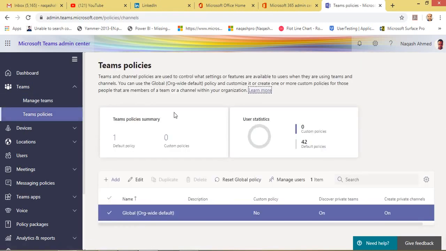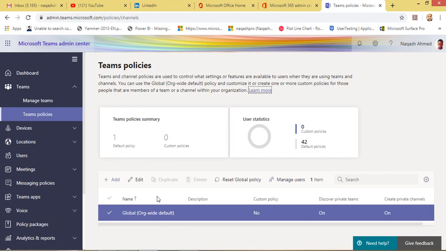Okay, Teams policies. So there are some policies because what Microsoft has done is for administrators they have to apply policies for the organization to implement the settings, preferences, and applications and messaging settings for your teams.